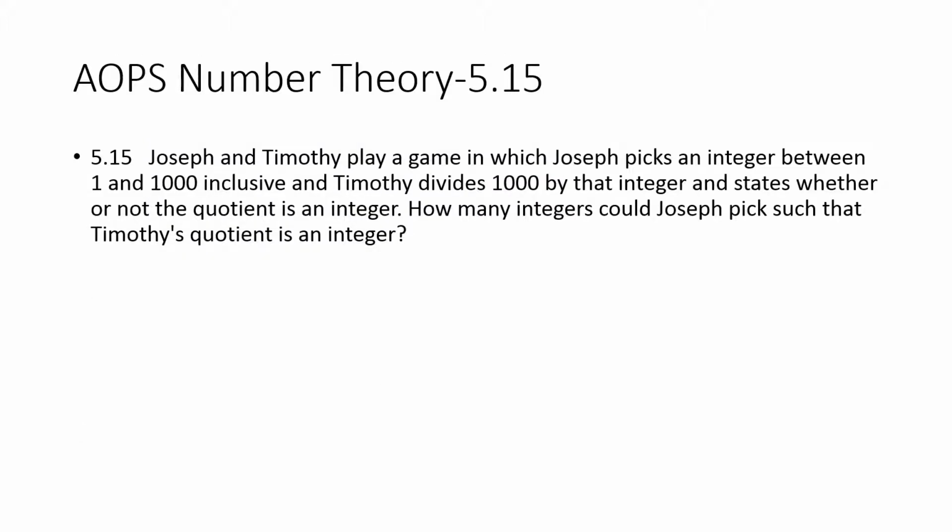AoPS number theory 5.15. Joseph and Timothy play a game in which Joseph picks an integer between 1 and 1000 inclusive, and Timothy divides 1000 by that integer and states whether or not the quotient is an integer. How many integers could Joseph pick such that Timothy's quotient is an integer? If you want the quotient to be an integer, then the number must be a positive divisor of 1000. So if we prime factorize 1000